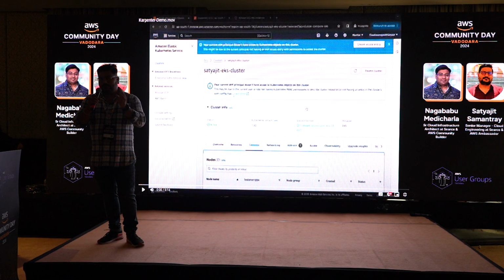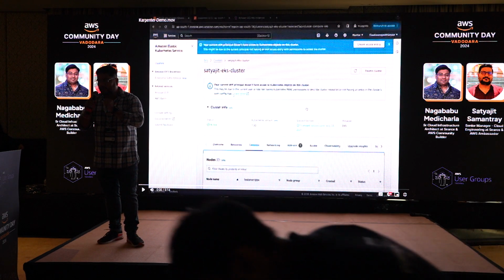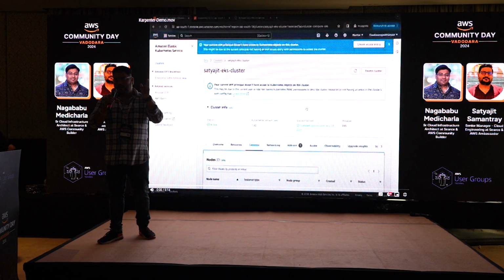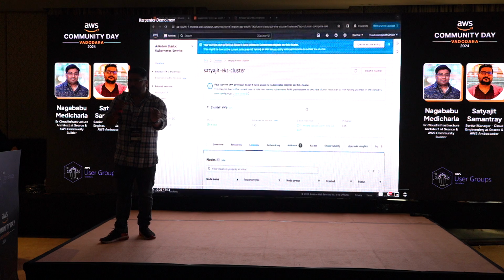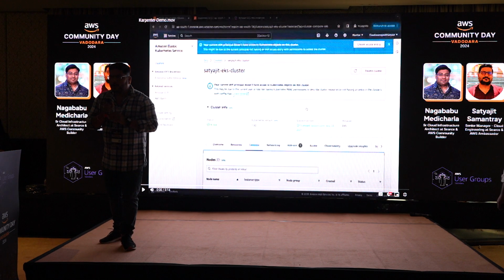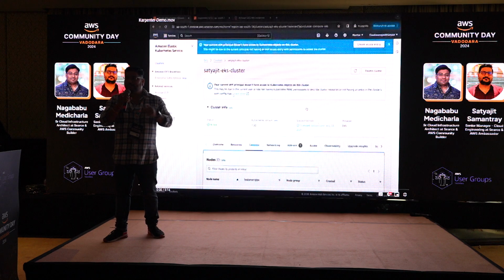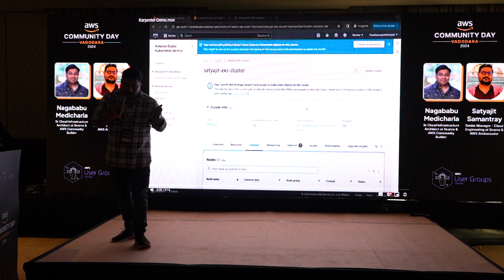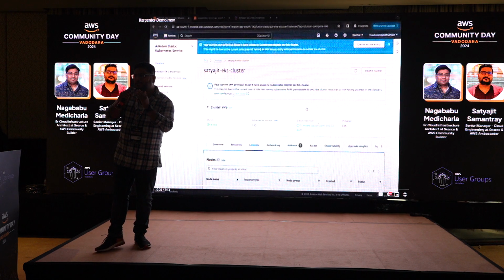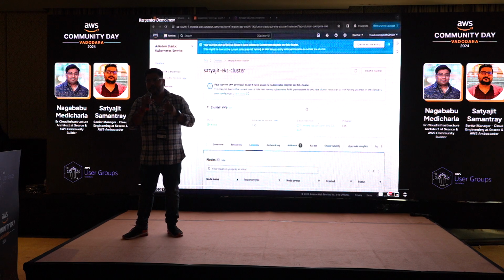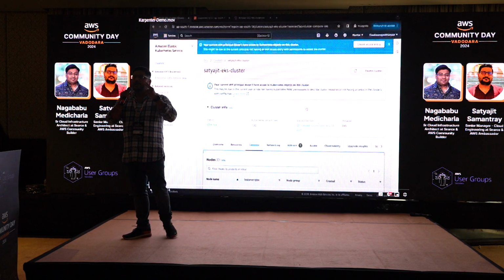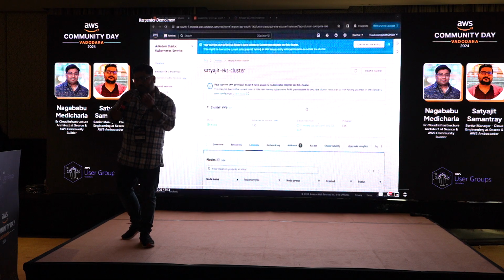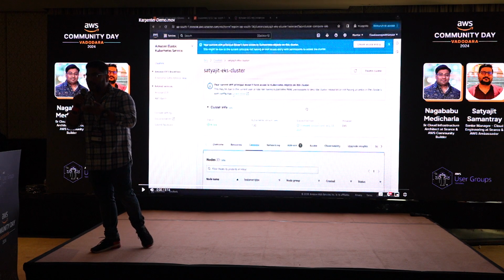Let's say each node has capacity 4, 4, 4. Let's say 2 pods are running in one node, and 1 pod is running in another node. So with consolidation, when you mention 30 seconds of time, every 30 seconds Karpenter will check what the capacity of the node is and how many resources and pods are available, right? So based on that it will check.